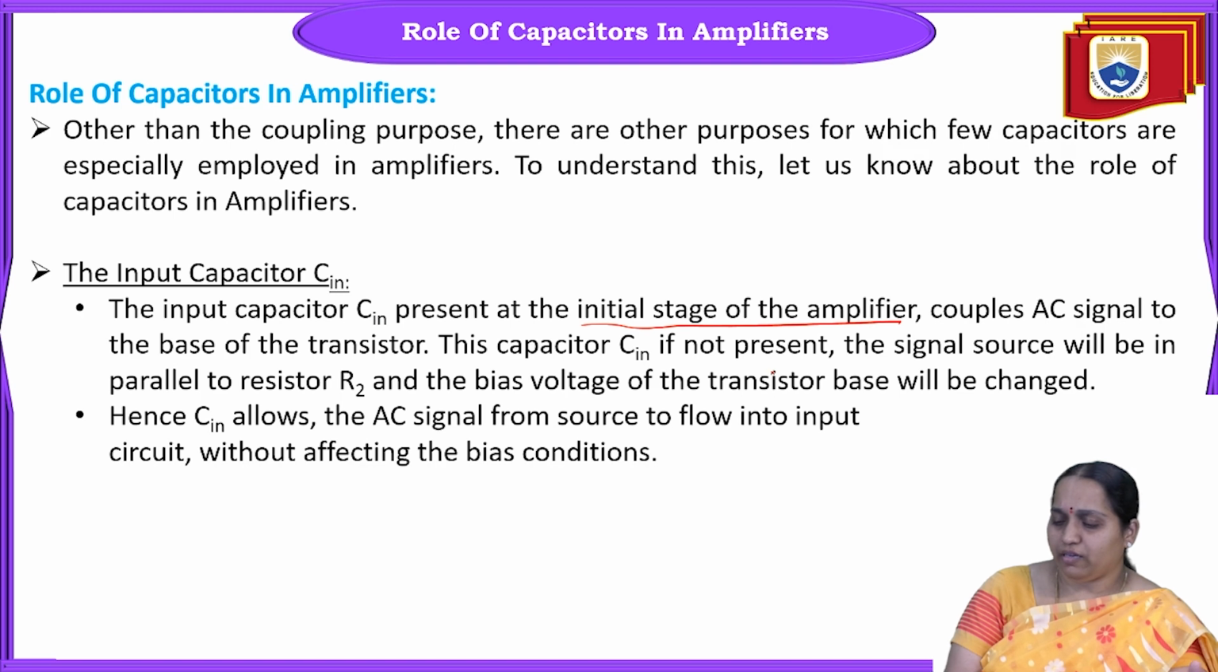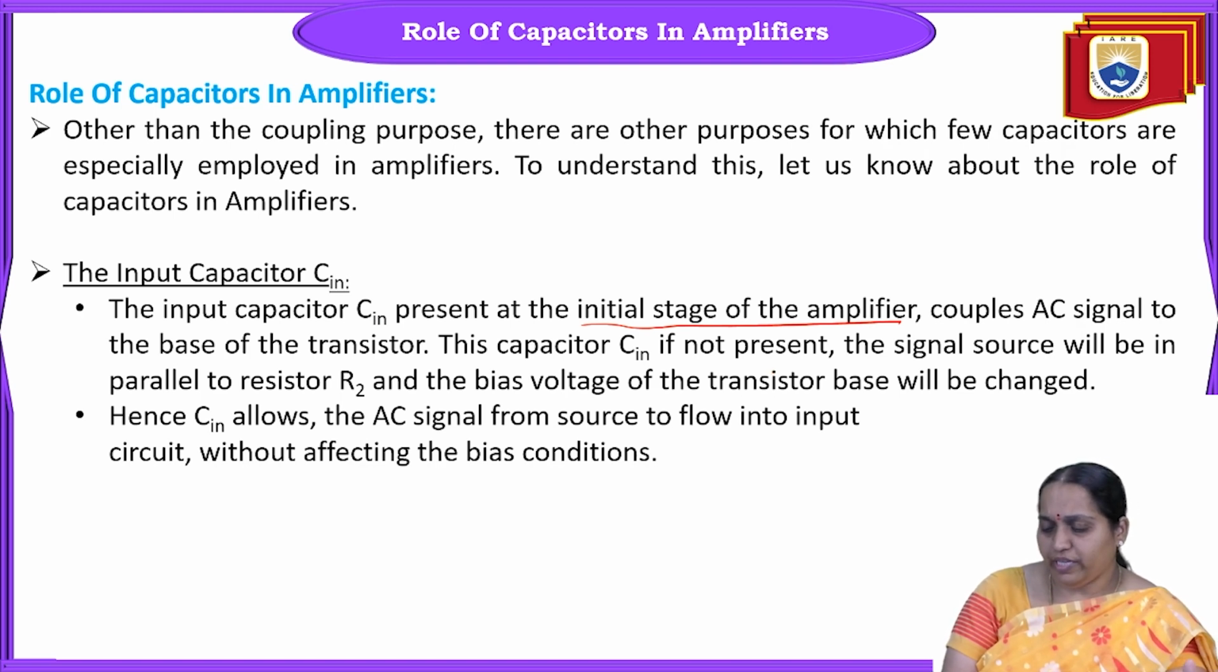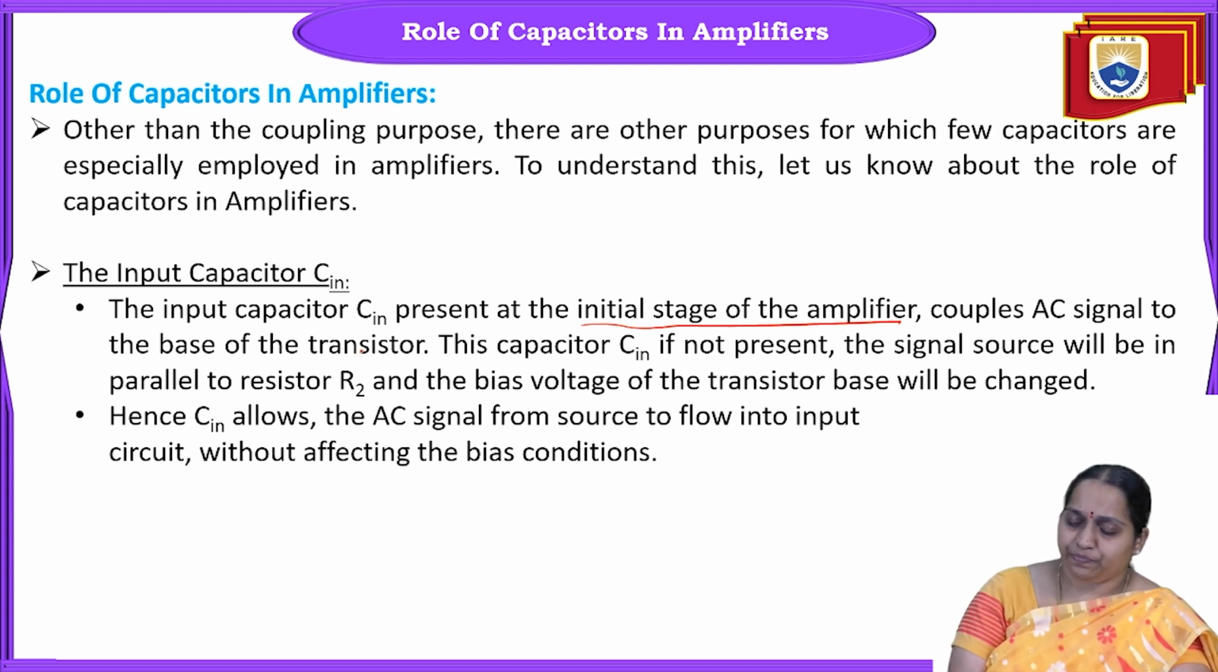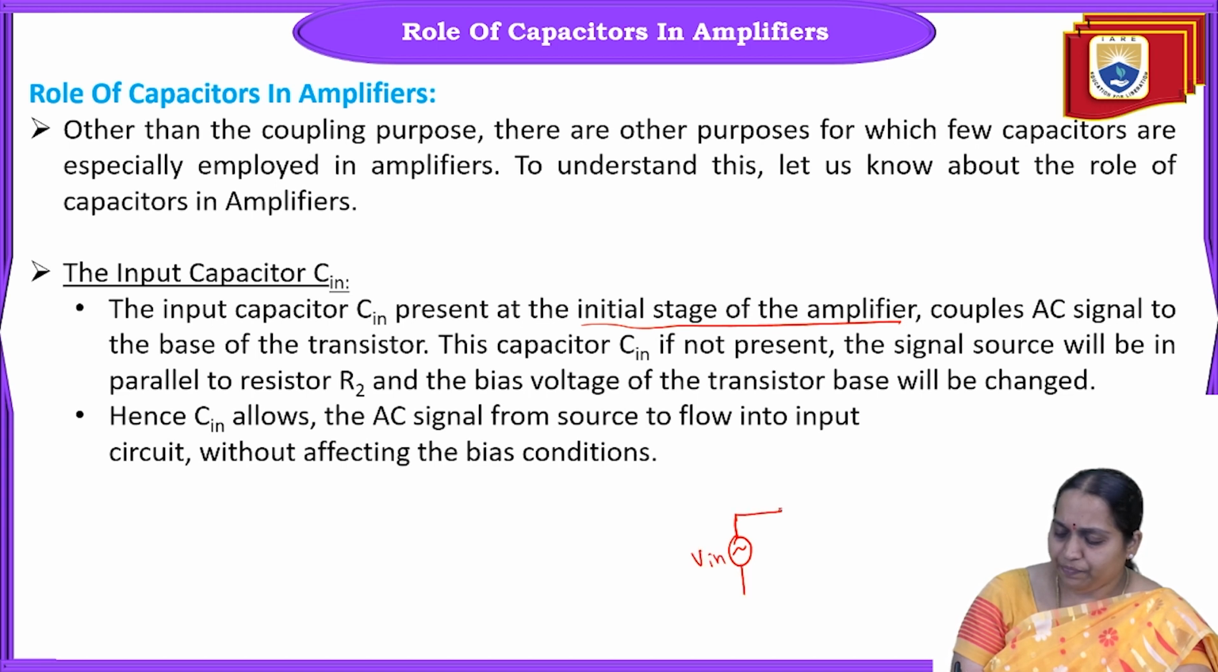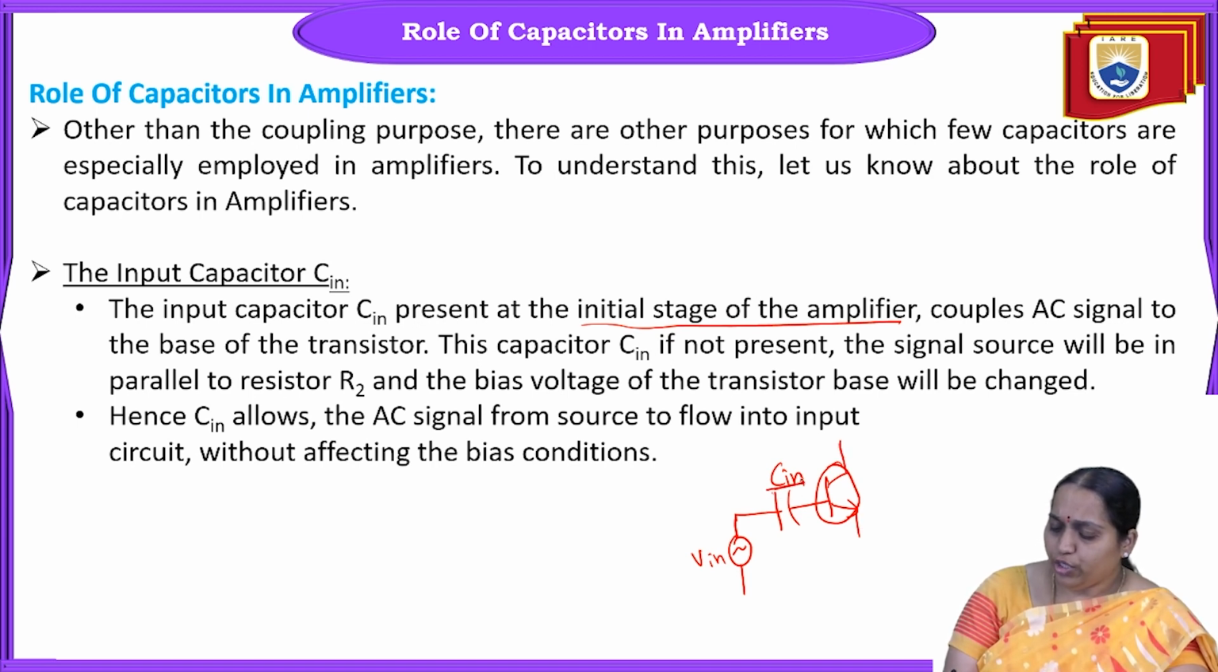That is, after connecting the AC signal. So what this Cin does is it couples the AC signal to the base of the transistor. To have a rough figure, it is something like this. Suppose this is the Vin AC signal, then you will make use of a capacitance Cin here. You are making use of capacitance Cin in order to connect the AC input voltage to the base of